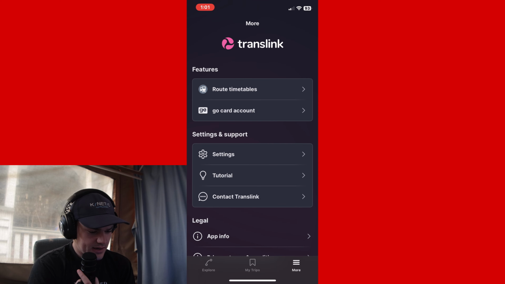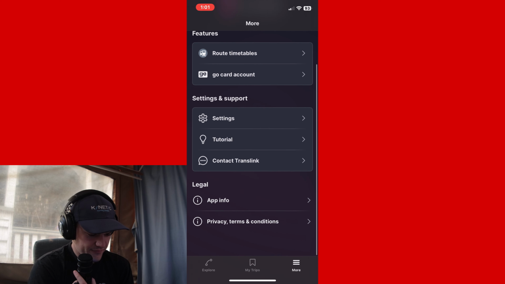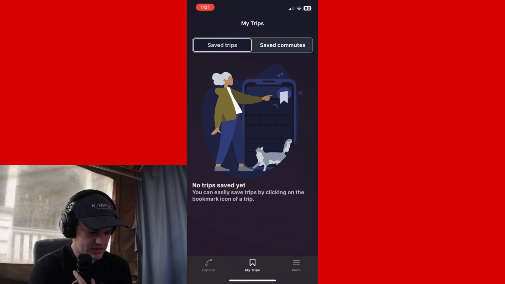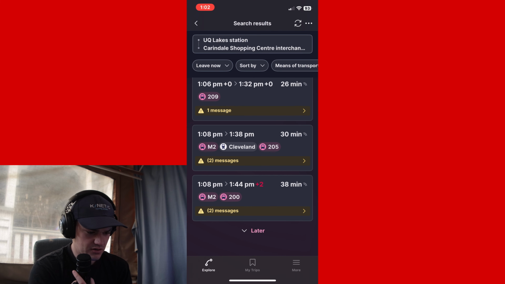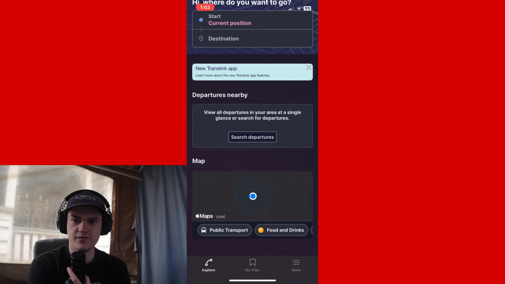So we got your settings, got your tutorial, you can contact Translink, app info, privacy, terms and conditions. So everything is pretty straightforward on this one. There is basically no confusion on my half. It just makes the most sense, really. But